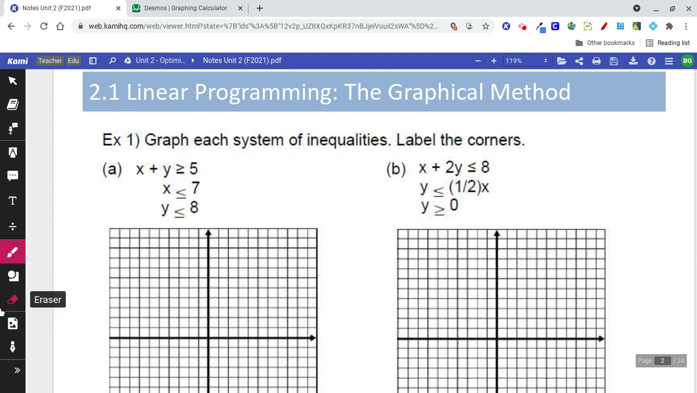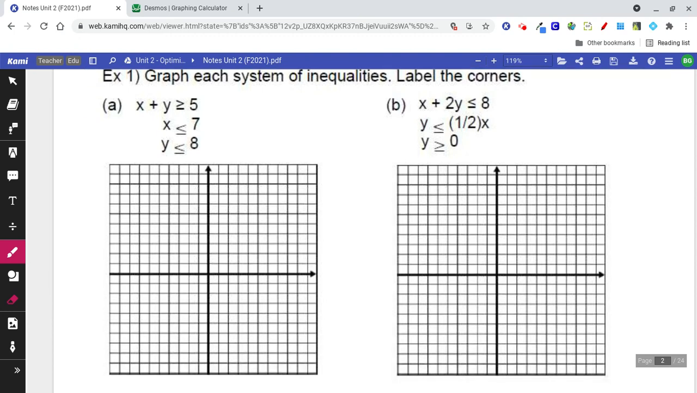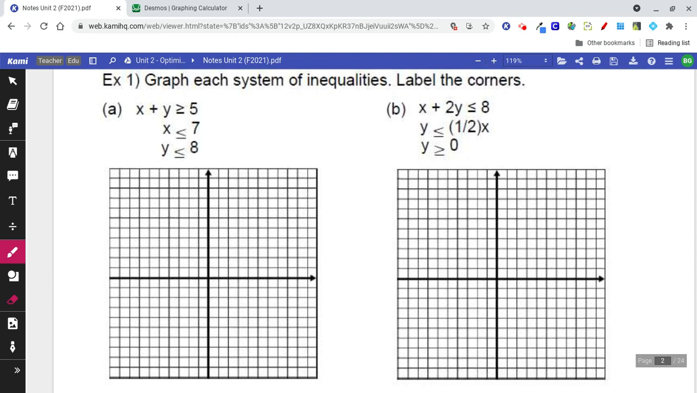2.1, linear programming, the graphical method. Example 1 says graph each system of inequalities, label the corners. So x plus y is greater than or equal to 5. How I would do that by hand